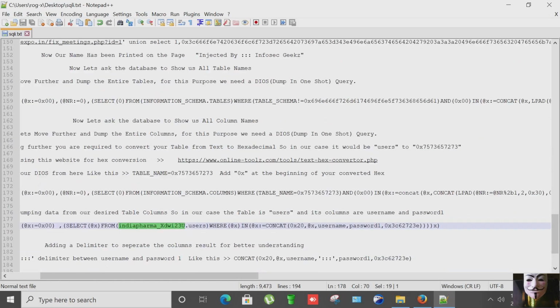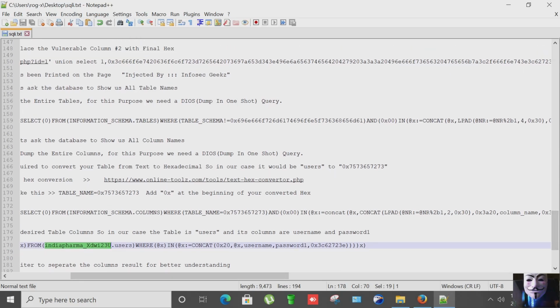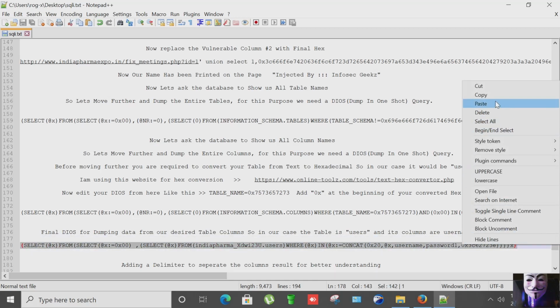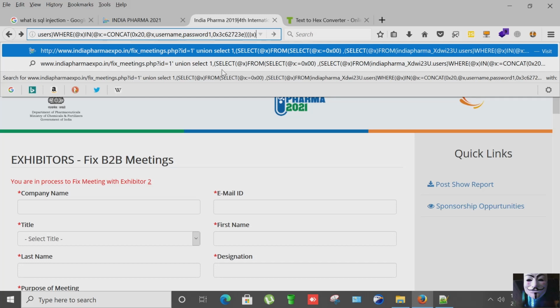We have to copy it, paste it here, and here we have to put column names, username and password 1, right? So I'm going to copy this query, opening it, copied, and